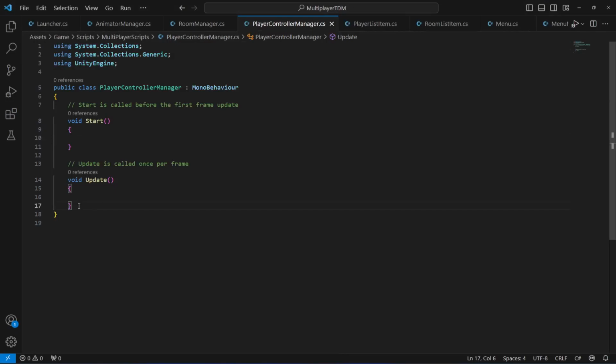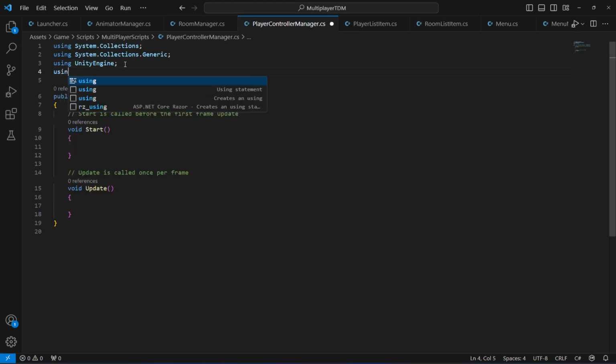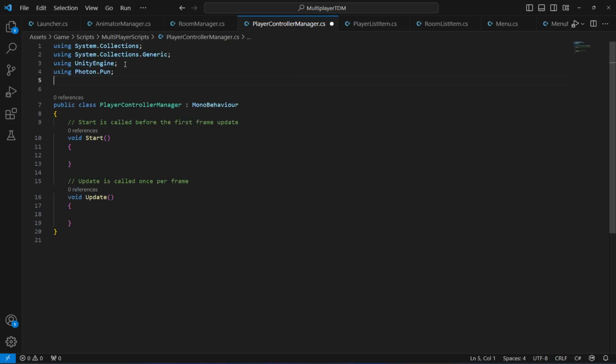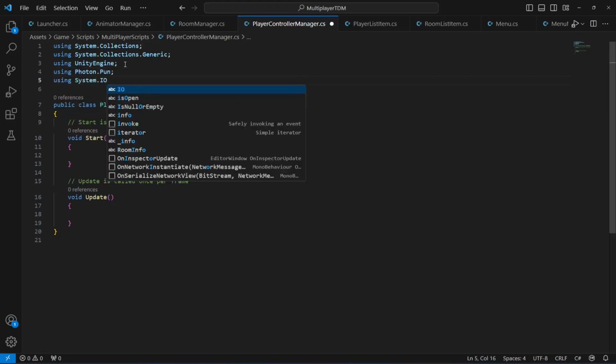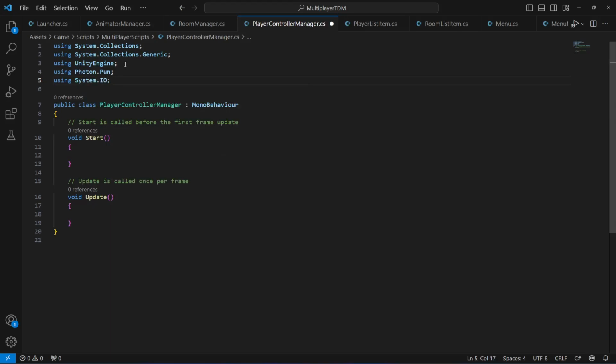In here, what we're gonna do is we can actually leave these two methods, and first of all, at the top, we're gonna say using Photon dot pun, and then we're gonna say using system.io. Okay, then after this, at the top